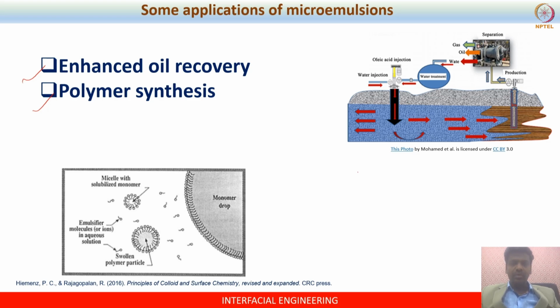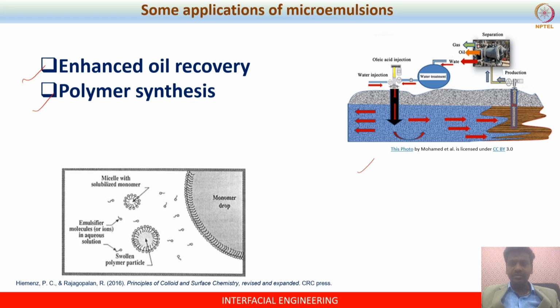In the field of oil exploration, one can extract oil in at least three different stages. In the primary and secondary stages, when we use gas and water to pump the oil out from the reservoir, we succeed in extracting to some extent. But this process leaves about 50 to 70% of the oil within the reservoir itself. So where does this oil go?